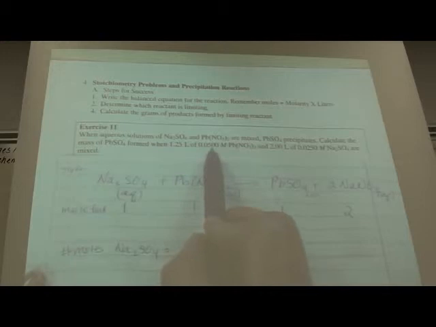Okay. Now, you remember we could do the mole fact right here off of the coefficient of the balanced equation. 1, 1, 1, 2. What we need is to put our given up here. And we're not quite ready for our given yet. We have to do some calculations. So I would like to know the number of moles of the Na2SO4. And all I'm going to do is take the molarity, there we go,